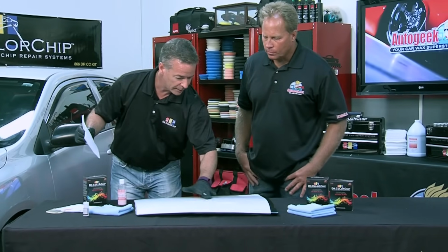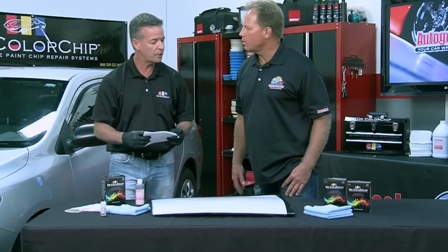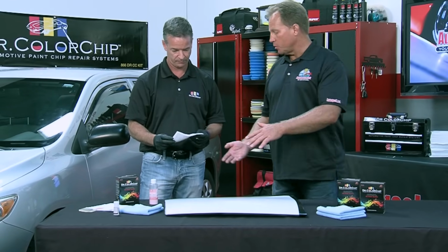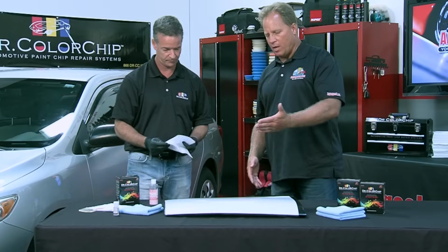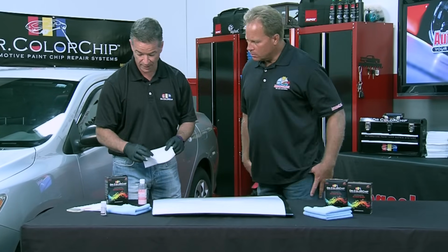Right now, I came over here and touched it. It's pretty dry. Once it's dry to the touch, you're ready for the next step of the process. And that's a real simple way to tell. Just touch it with your gloved hand. If you're pulling paint off, it's not dry, obviously. Right. Okay. So once it's dry to the touch,